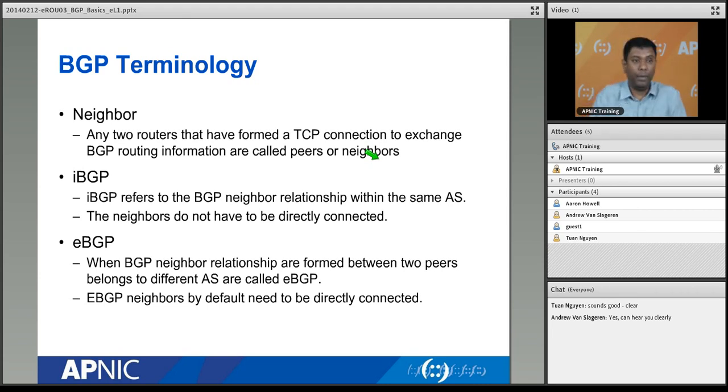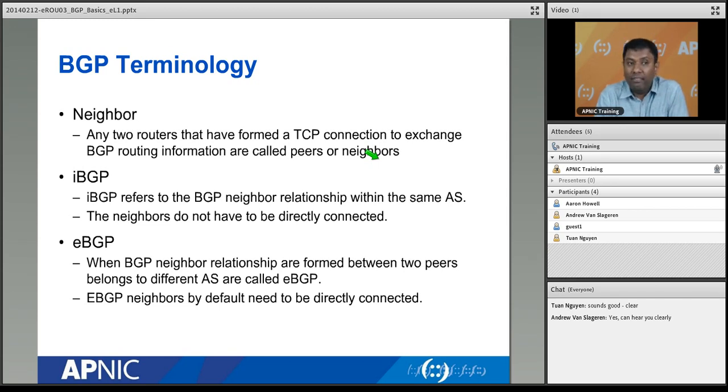So what is eBGP peering then? In eBGP peering, when you configure a neighbor relationship, if the neighboring router has a different AS number than your router, then that's what we call eBGP peering. When the neighboring router has a different AS number, it becomes eBGP peering. In eBGP peering, by default we expect they are directly connected, but